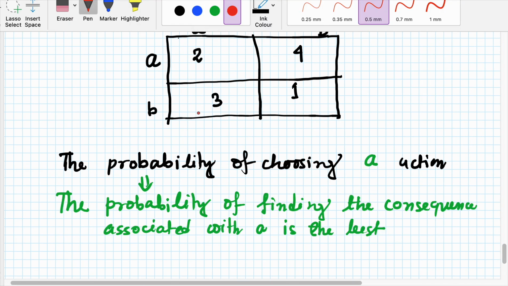And in case of equality, this is the one, and for the second case we also write that